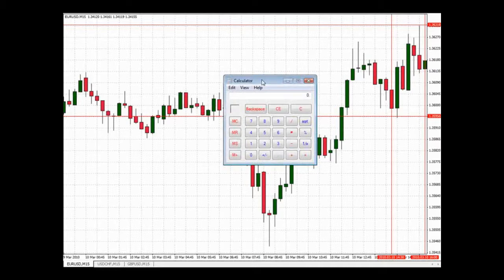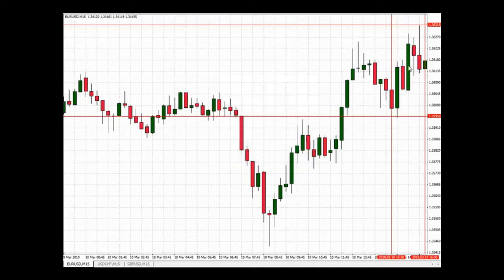So just to calculate this out, 1.33618 is the high point, minus 1.35956 is the low point, and that's 22 pips difference. There's less than 50 pips difference between the top line and the bottom line, so it is a good point to trade. So we could set a buy order for the top line, 1.3618, with a stop loss at 22 pips behind